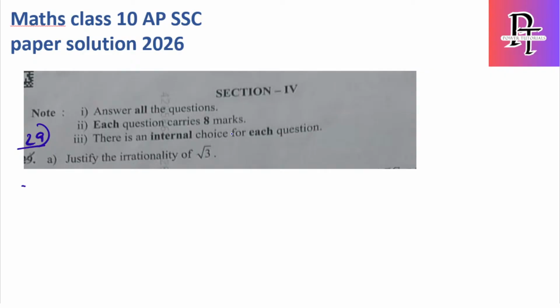Okay, just for the irrationality of root 3. So for this irrationality question, what is the procedure you have to follow? First I will write the A answer. So we have to prove it in the opposite way. Like first you have to assume it as rational and then prove it is not rational. Okay, so for that let us assume